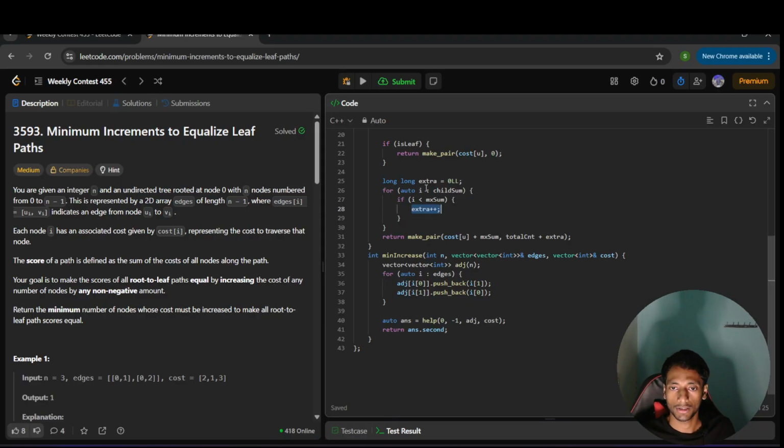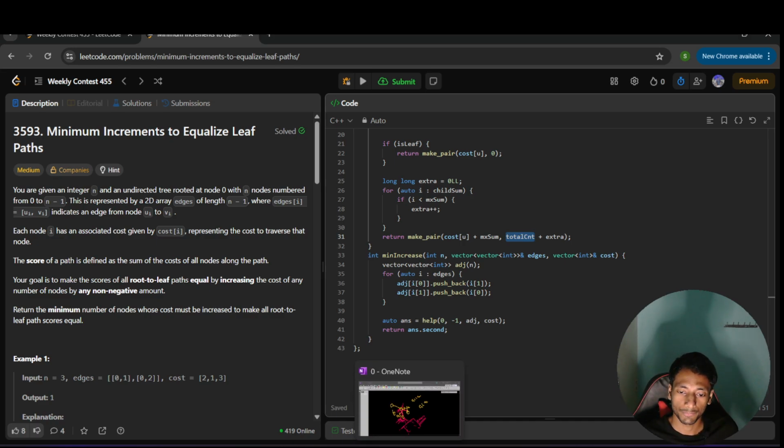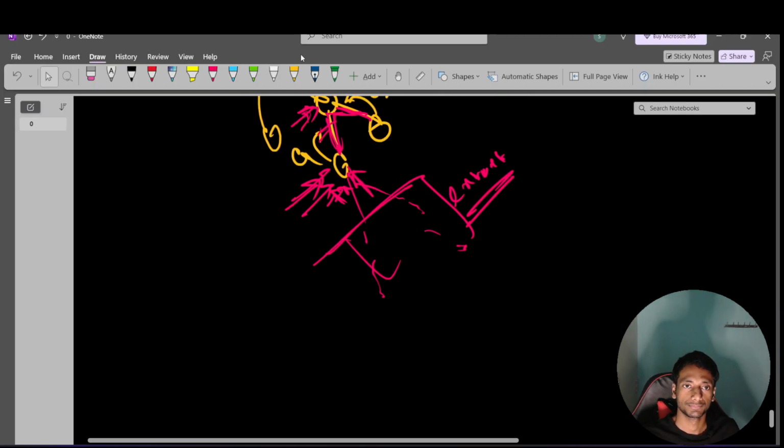So that's why I will do the operation extra plus plus, and ultimately after checking all the subtrees, I know how many operations we need to do in the child subtrees. This will be stored in extra, and in the total count what have I stored? I have stored how many operations I have done below in the hierarchy to equalize this. Something like currently